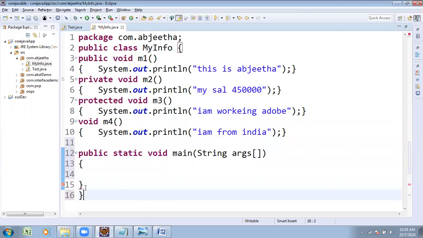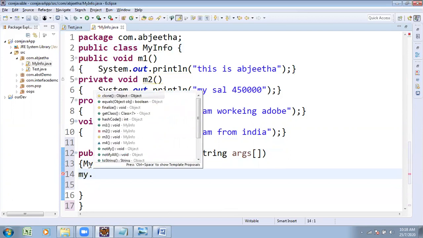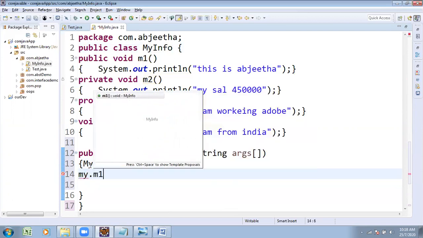After starting the execution, he wanted to utilize that. So he is working from static to non-static. That's why, even though it is the same class, an object is required. MyInfo my = new MyInfo. He created his class object and is trying to access my dot m1 method.